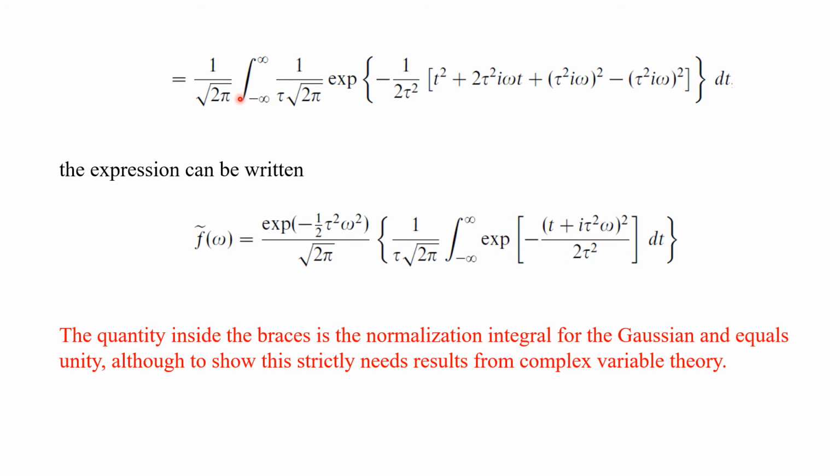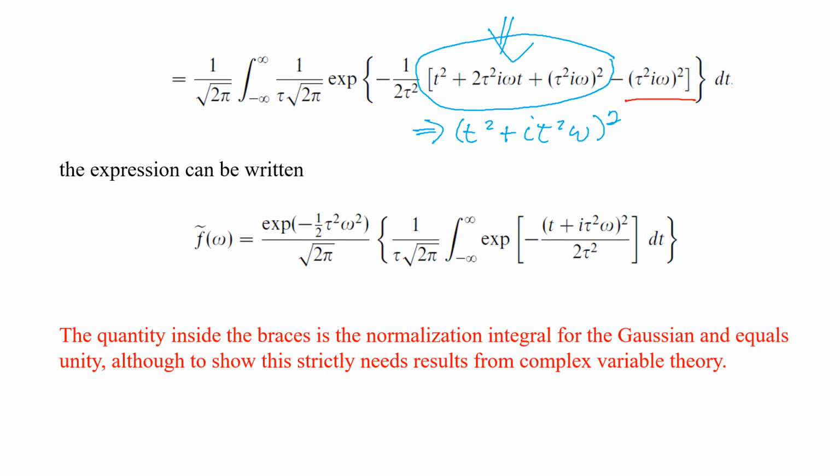So this is again the expression earlier, and we did the completing the square so that this expression here is just equal to t squared plus i tau squared omega, and then this is squared. So if you're going to evaluate this one, you get this expression here. But we still have this